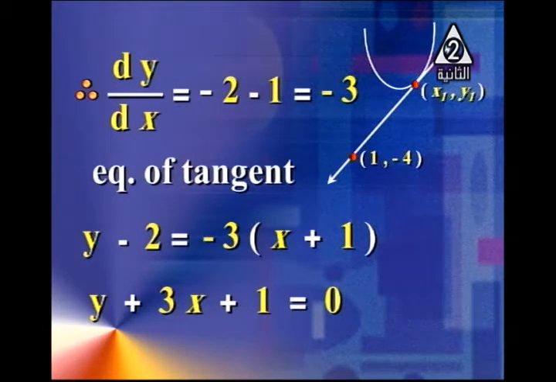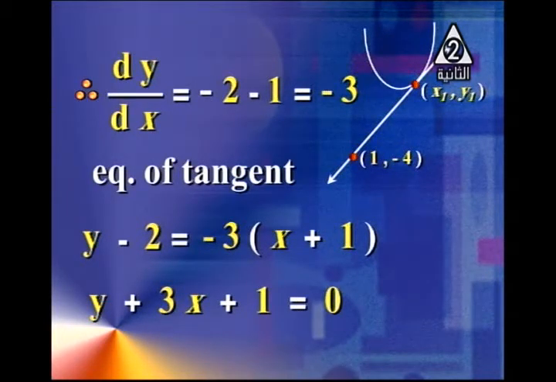We find the equation of the tangent by using the rule. What is the rule? y minus y1 equals dy by dx multiplied by x minus x1. Remember, m is the slope of the straight line which touches the curve. What do you mean? dy by dx. By using dy by dx, we find negative 2 minus 1 equals negative 3. Then the slope of the straight line equals negative 3. After that,